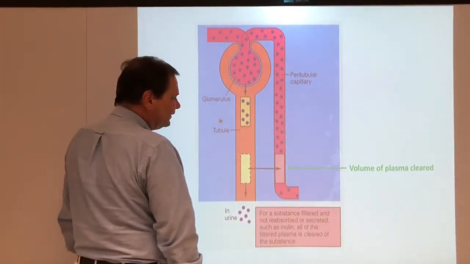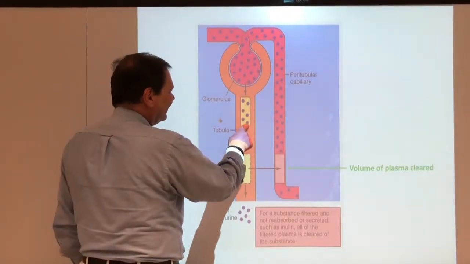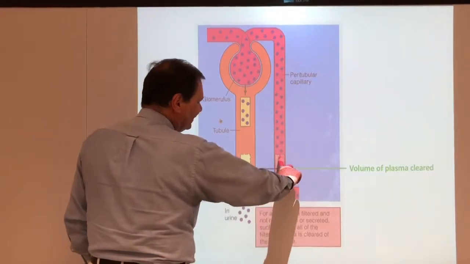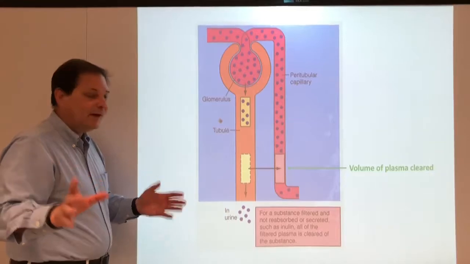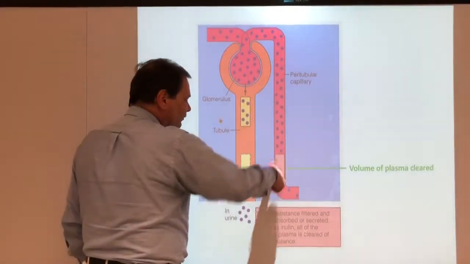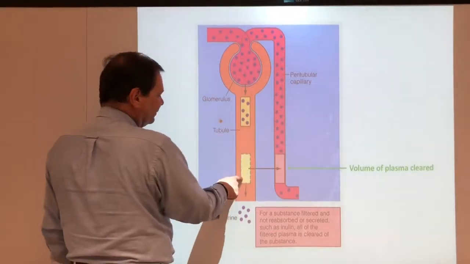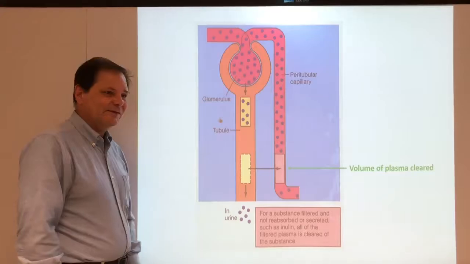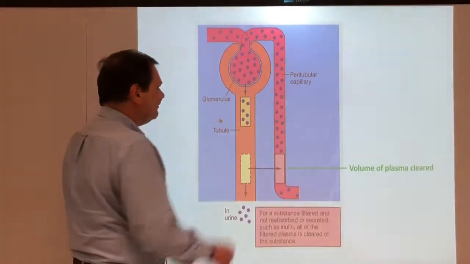In other words, I have 6 dots here, so I cleared 6 dots worth of volume of plasma of my blue dots, okay? So this is the amount of blue dots that are cleared. You filter this much plasma with your 6 blue dots, the volume of plasma is actually reabsorbed. I showed you that at the very beginning of the first video. Virtually everything filtered here,